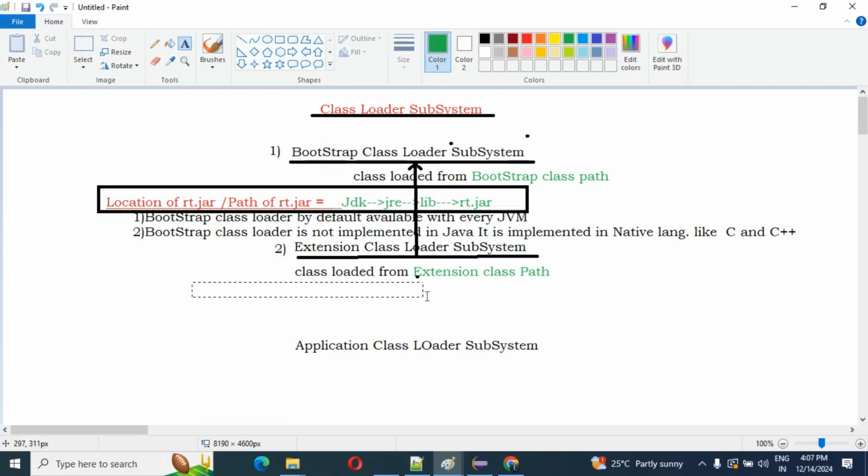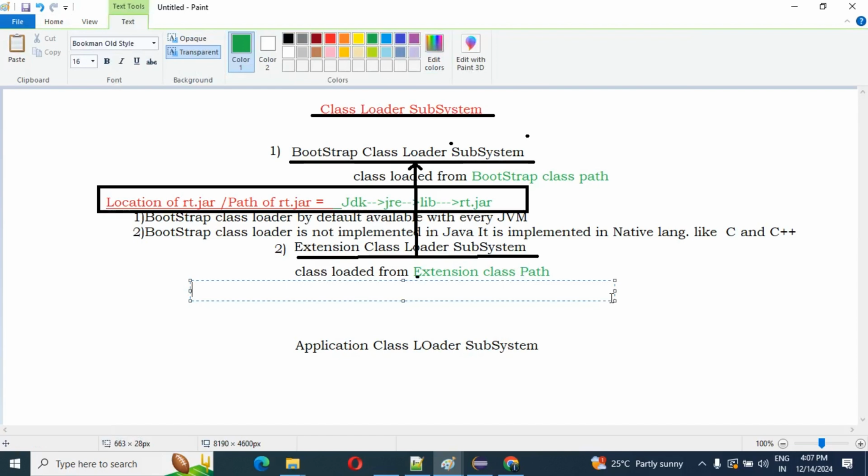The extension class path is the location of the extension classes, or we can say the path of the extension class path.